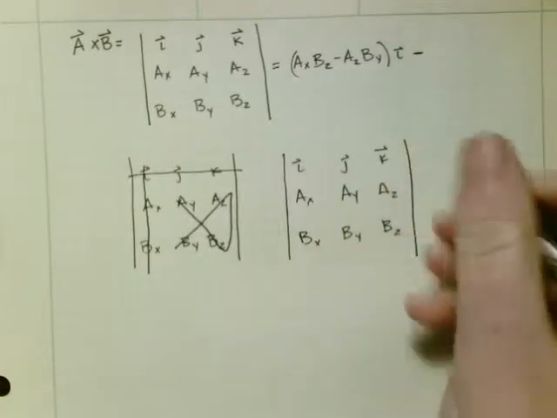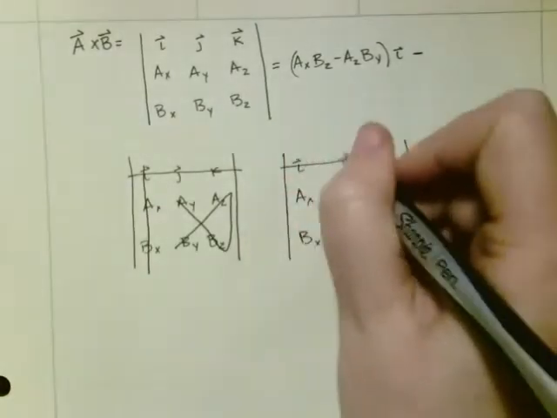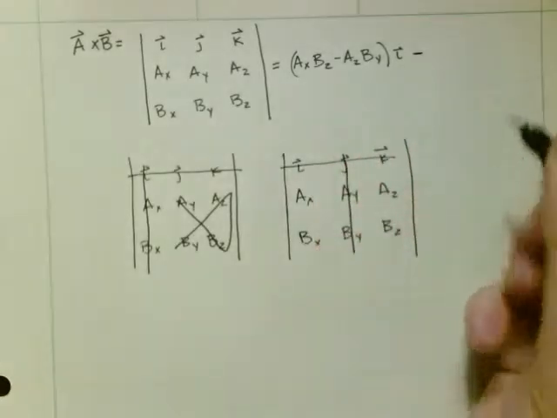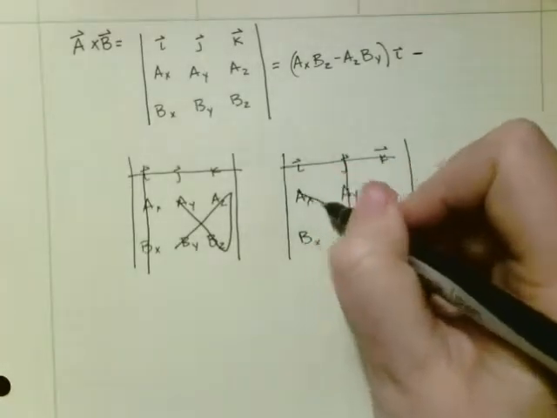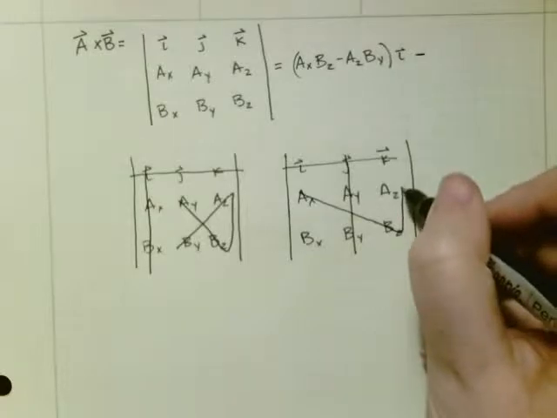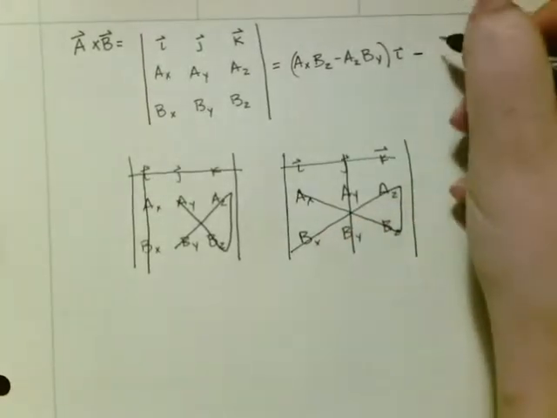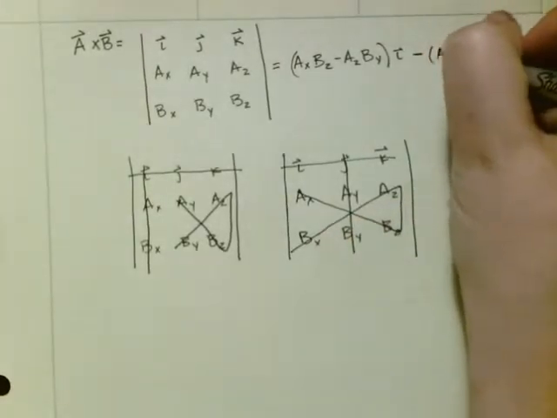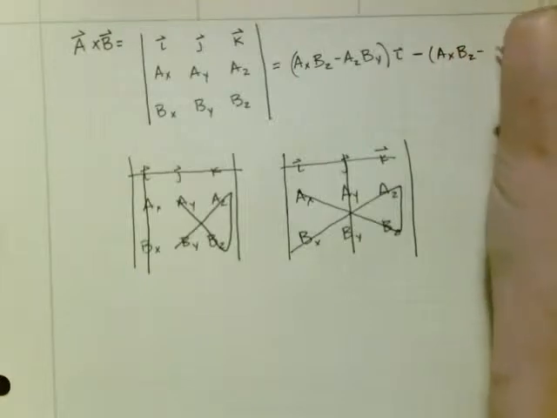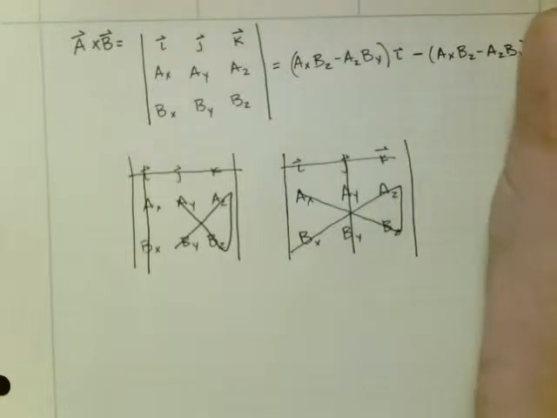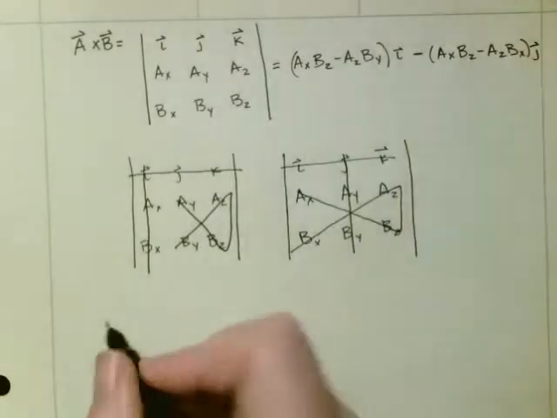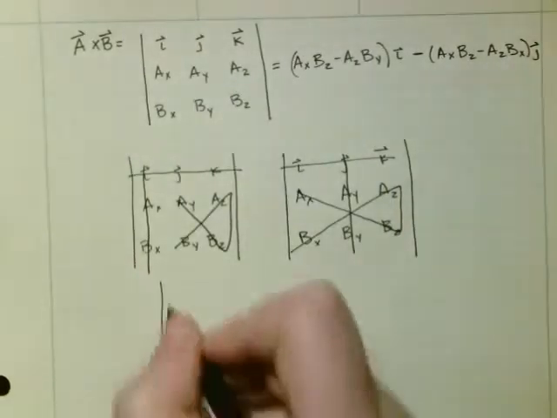So for the middle component, cross out its row and column, and we do the same thing. AX BZ minus AZ BX multiplied by J. And then for our K component,